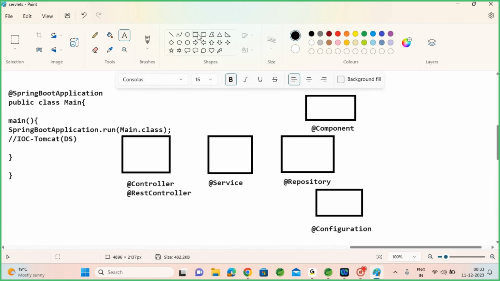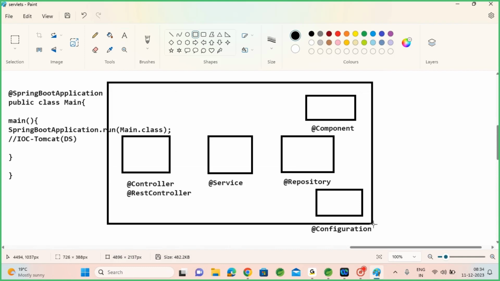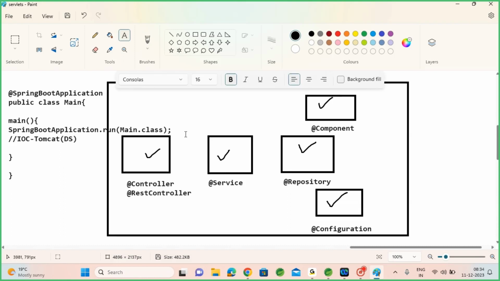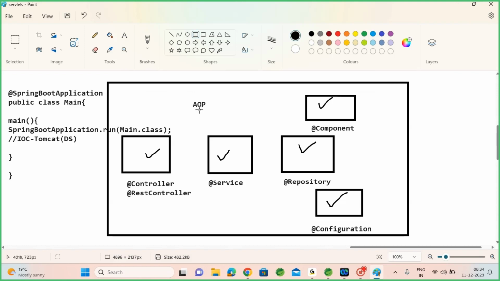It will scan all the classes which are part of your packages, all the classes from your configurations onwards, right? All the application configurations, repository classes, component classes, services, controllers, REST controllers, or REST repositories, including your AOP classes. All the class objects will be created by your IOC,